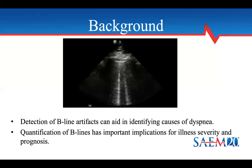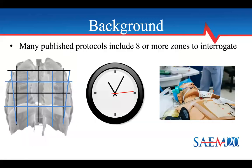Beyond just detecting B-lines, quantification of B-lines has important implications for illness severity and prognosis for a variety of disease processes. Much of the original research on B-lines and heart failure and many published protocols include 8 or more zones in interrogation of the lung. However, particularly in processes that involve the lungs diffusely, more limited interrogation may provide similar information while being more feasible